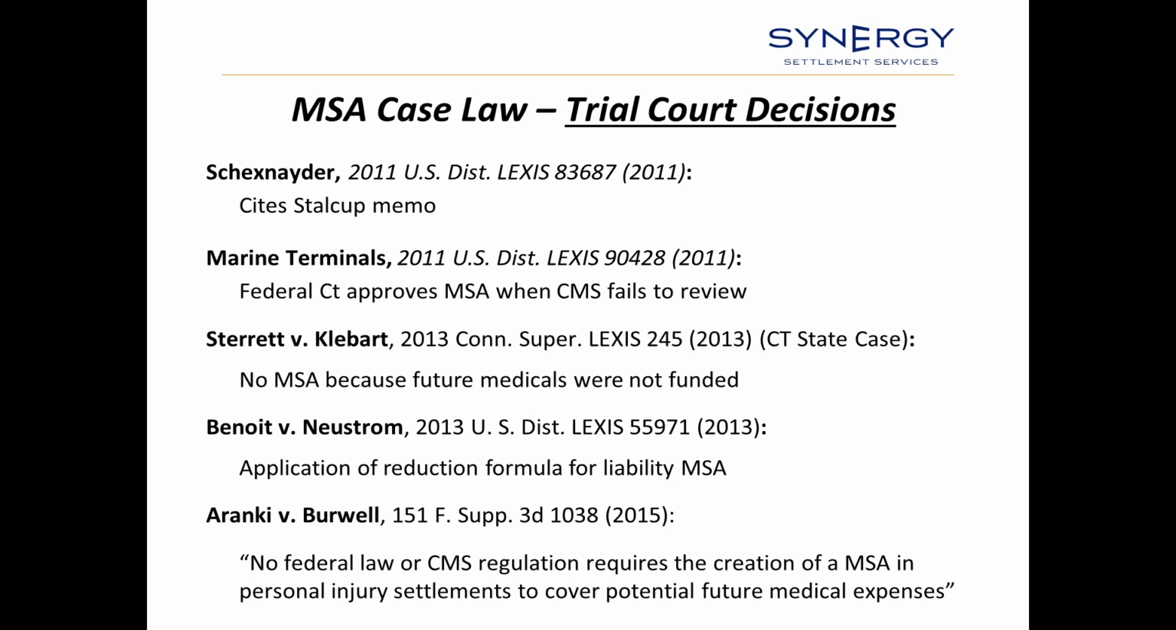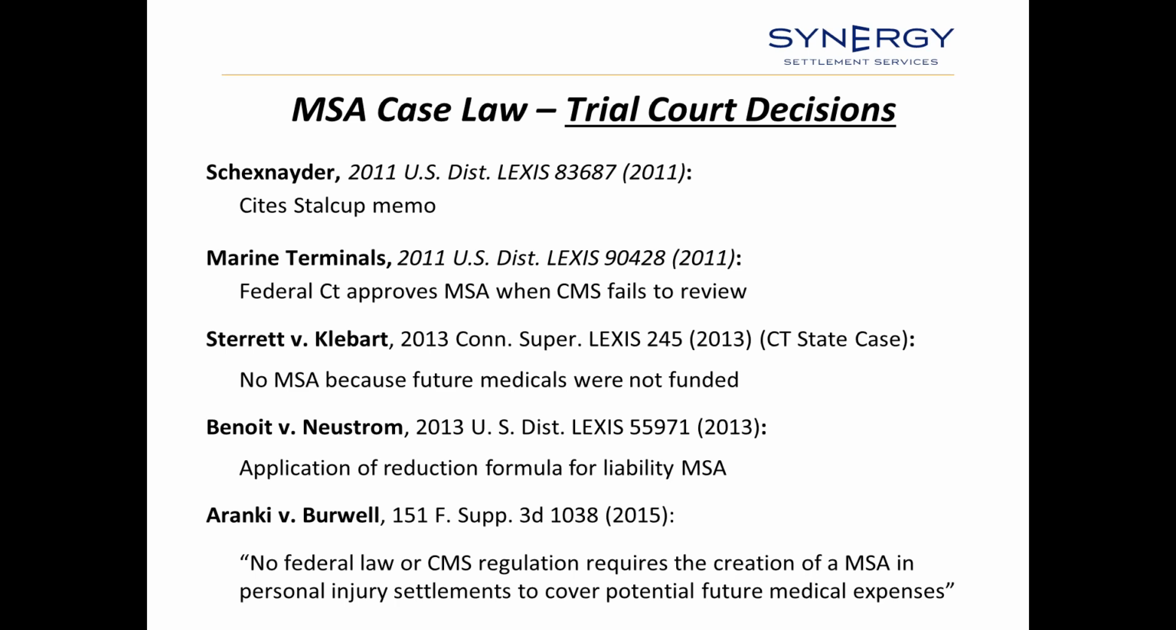The first case, which really isn't all that important, just Schneckschneider, cited the Stalcott memo that I started talking about when I started talking about regulation as law, because there is no real law. So you had these courts looking at things like the Stalcott memo for guidance in terms of what should be done. The next case, Marine Terminals, was a case that's instructive because the parties agreed to a CMS-approved liability Medicare